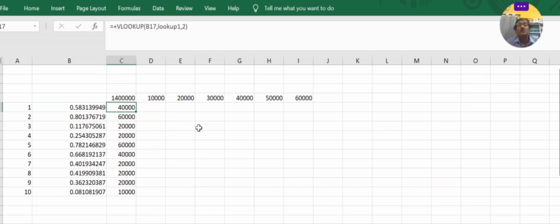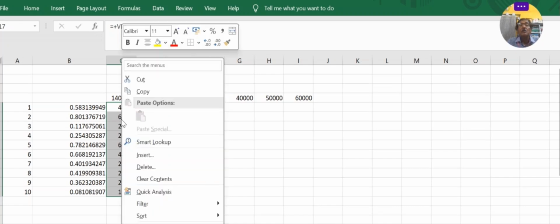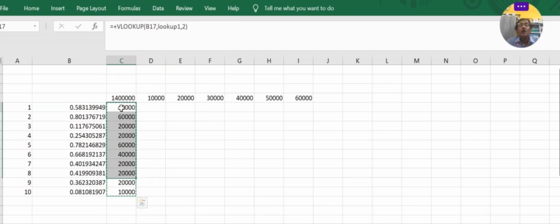For that reason, for application of the table, first you have to convert this demand, which is calculated at random with the help of the random number, to values only. You remove the formula. You should not keep the formula. How will we do it? That I am going to show here. You just select it and you copy and paste to the same cell